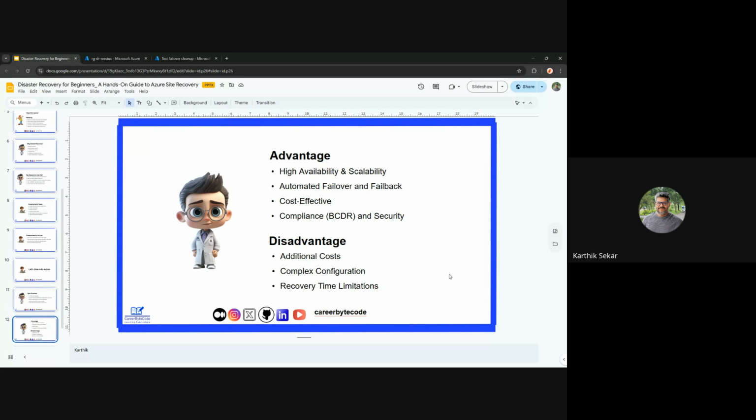So it is required. ASR provides high availability and scalability because it creates the replication, and you can choose where it has to be created, whether local redundant or zone redundant. And then you can automate many things using the failover, like when the region is down, we can have some script to execute the trigger. It is also cost effective compared to manual replication.